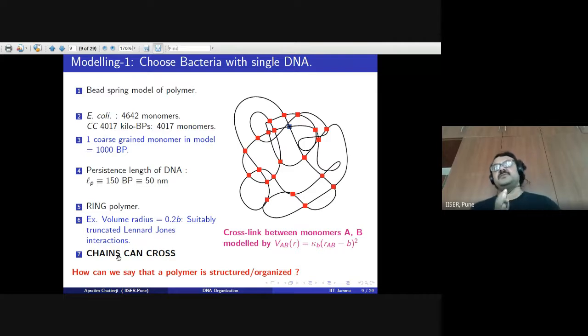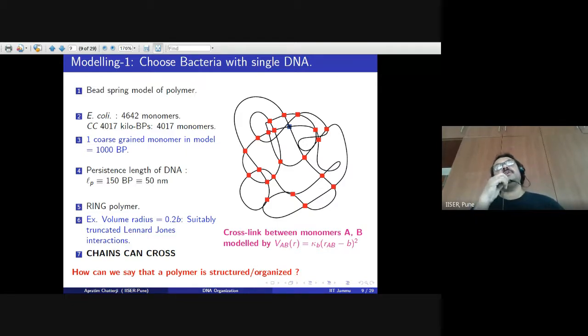Now, you might find this to be weird because in the standard polymer physics, polymer chains cannot cross. But in the biological system, there are proteins which actually cut the DNA and allow chains to cross. So this is an extremely important and also valid assumption that we use, and this really helps to organize our polymers, this degree of freedom of allowing chains to cross. The crosslink between certain monomers, a pair of monomers, is modeled by the spring interaction again, where the length of the spring is the same that we use for the rest of the chain.